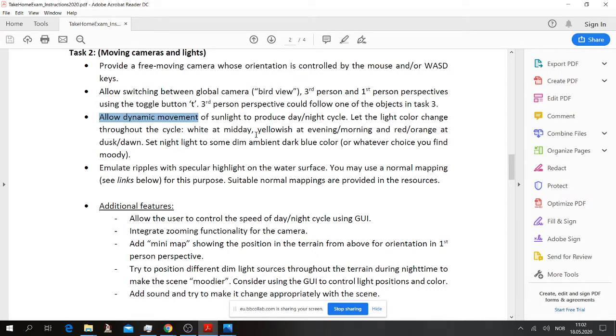For example, it can be white at midday, yellow in the evening and morning, and red or orange at dusk or dawn. But you're free also to choose colors here. We try to make it look a bit realistic. And at night, you could set the light to some dim ambient dark blue color, so the scene is still visible, or barely visible at least, or whatever choice you find moody here.